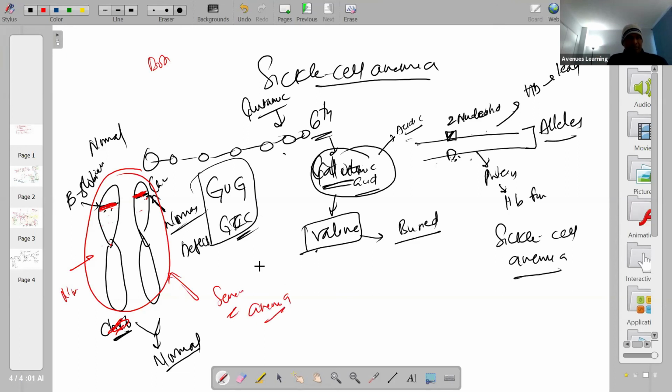anemia. Okay, just ignore the chromosome number because some of these are actually associated with the sex chromosomes. So what we are trying to say here is, for every gene that is there in your body, you will have two copies, not just one copy. So if you say the beta glucosidase gene in your body or beta galactosidase gene in your cells, we are always referring to two copies. One copy coming from the father and one copy coming from the mother. If one of those copies is defective, not a problem, as long as the other copy is normal.